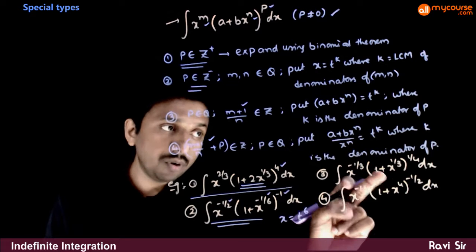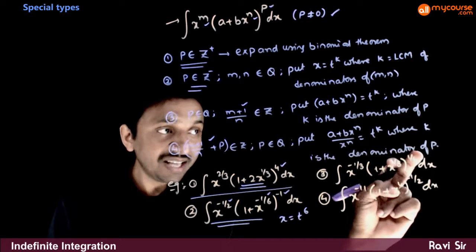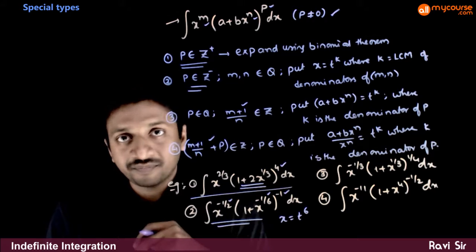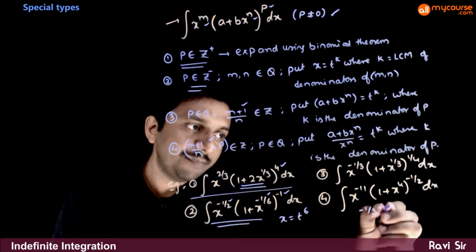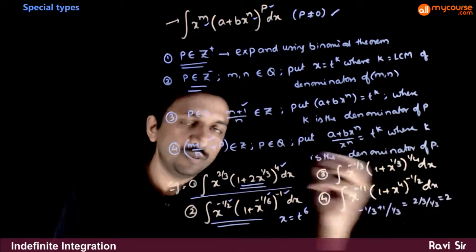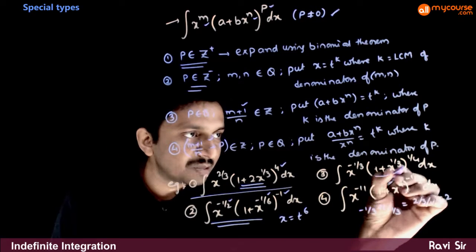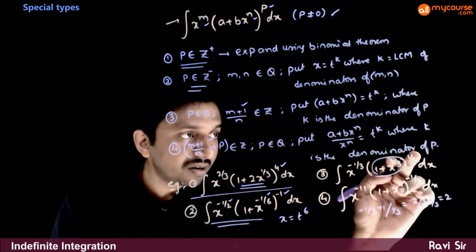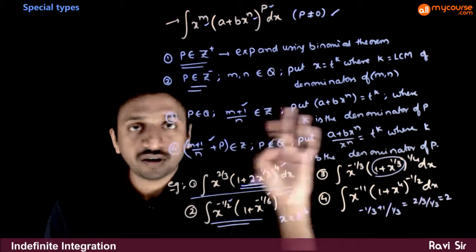Next, if you go for this integral, here p is not an integer, p is a rational number. In that case, you have to check what is (m plus 1) by n. So in this case, (m plus 1) by n is (minus 1 by 3 plus 1) by 1 by 3. That is 2 by 3 by 1 by 3 is equal to 2. So (m plus 1) by n is an integer. So you just need to put 1 plus x power 1 by 3 is equal to t power the denominator of this. So 1 plus x power 1 by 3 is equal to t power 4,